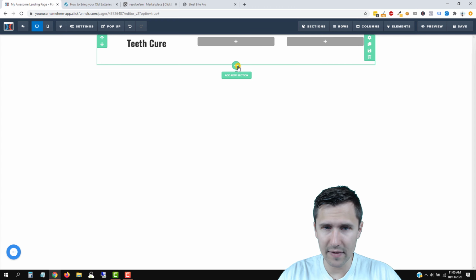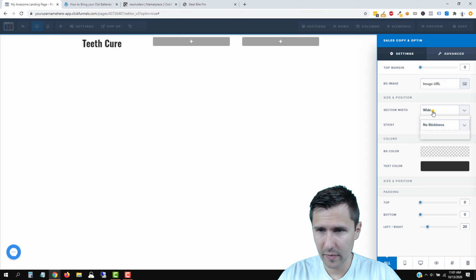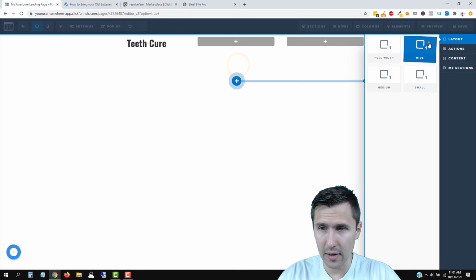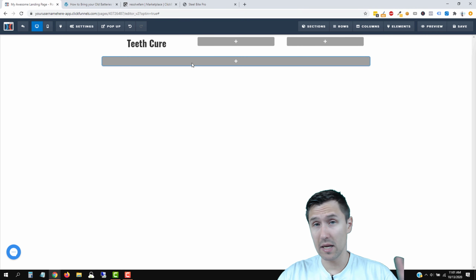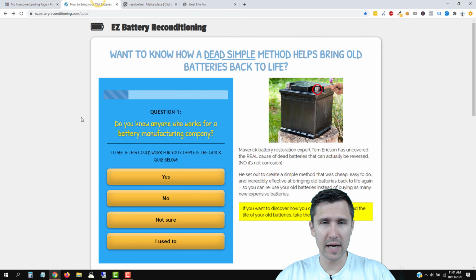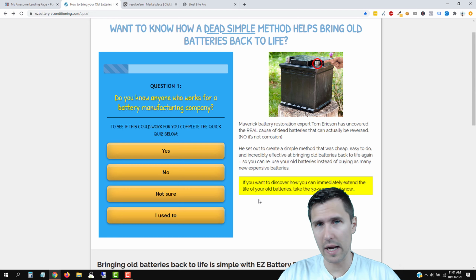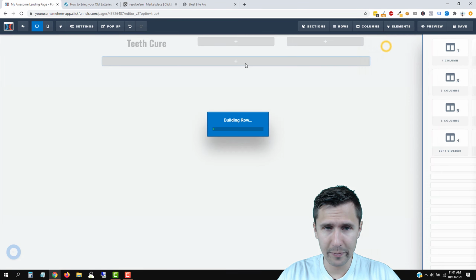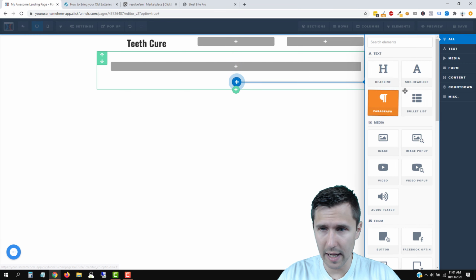So let's add a different section, and I believe this is wide, so let's see. Yeah, so the section width here is wide, so let's go in here and add another wide section. And then this one's gonna be for our body, right? So we'll have two. We'll have one section for this and then another section for additional information. So this one we can start, we can add a row here, 1 column, and then we're gonna add a